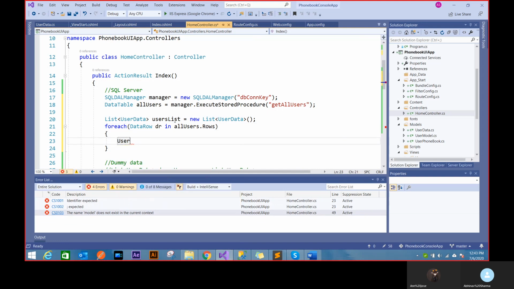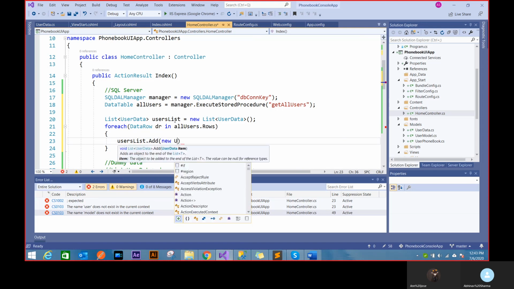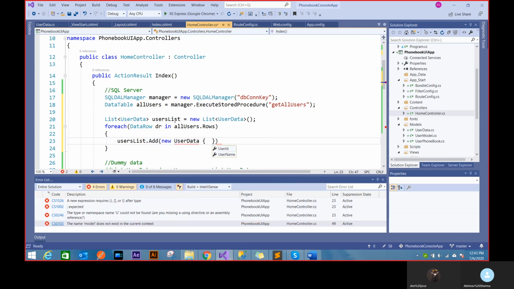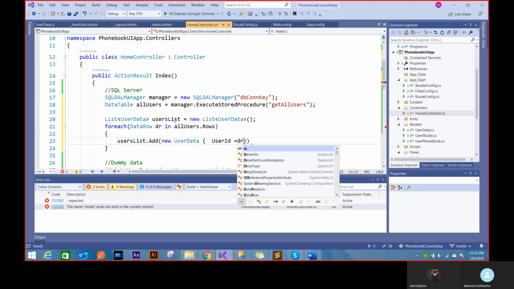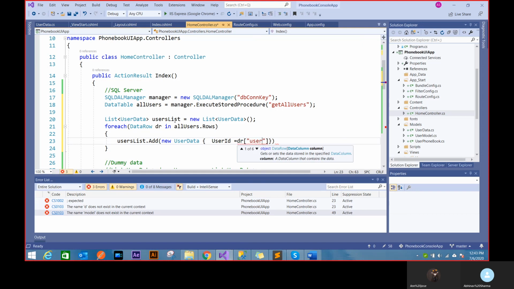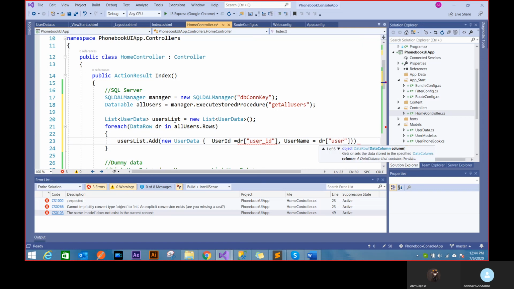So users list dot add new user data. This time user ID is dr user underscore ID, that's what's coming from SQL, and dr user underscore name.